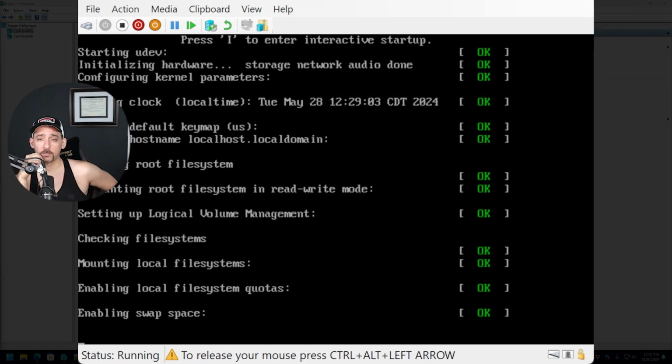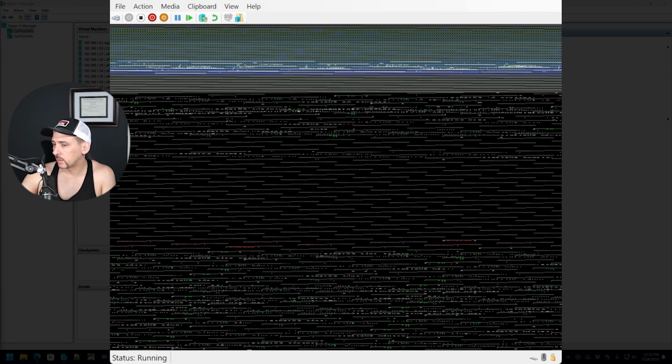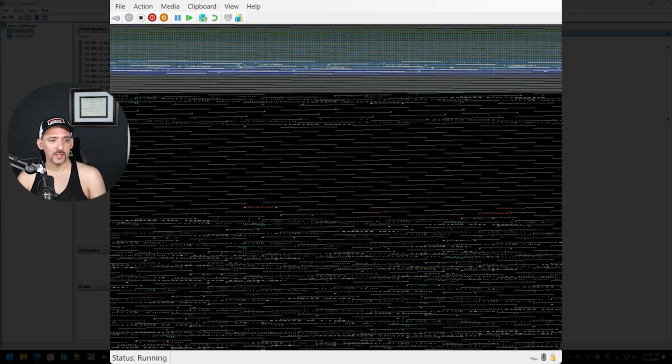Let's just keep waiting. The key here is just not to chicken out too early. I can hear the fans on my computer whirring a little bit louder. Our CPU usage is definitely not 65% or whatever it was earlier, since we set the vCPU from 12 to 1. I think I legit may step away from the computer for a bit because I am getting a little impatient. So I'm gonna sit back here whenever the GUI pops up and we're able to navigate through to the